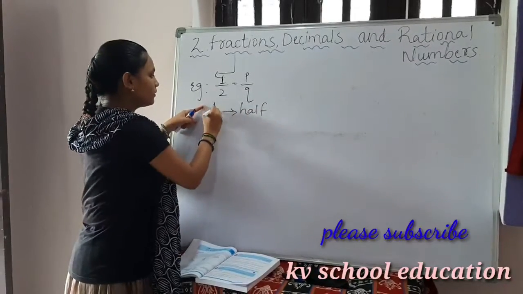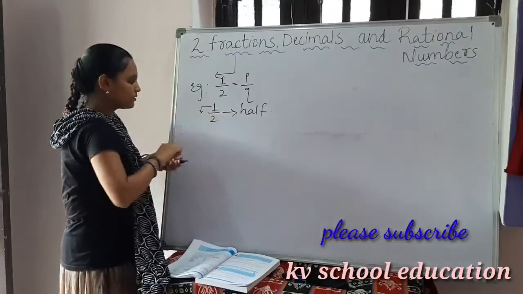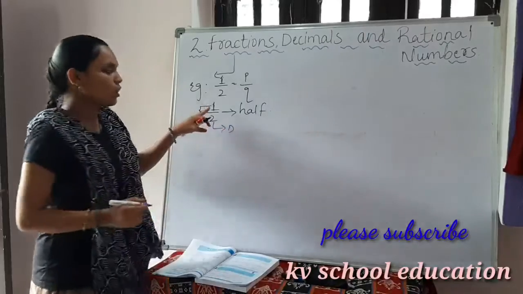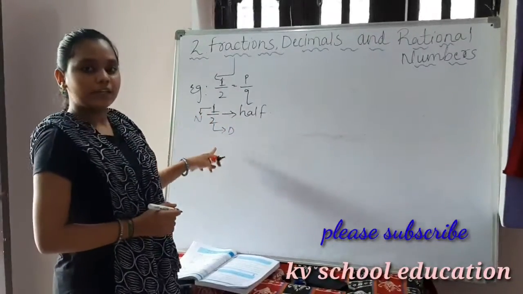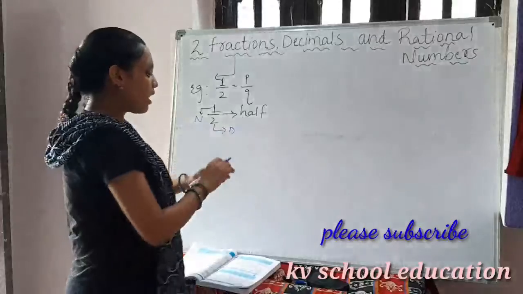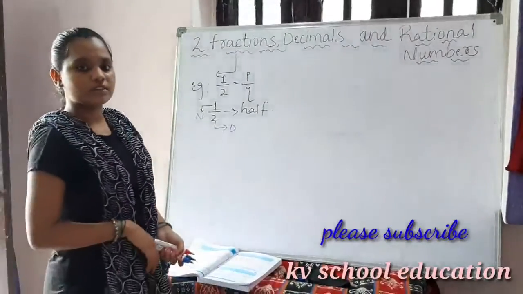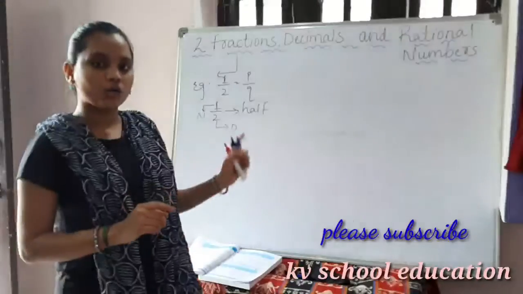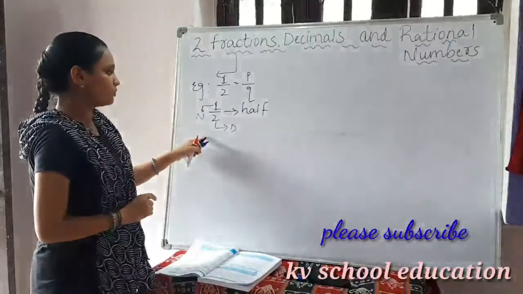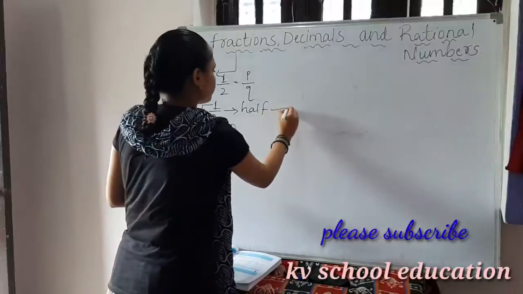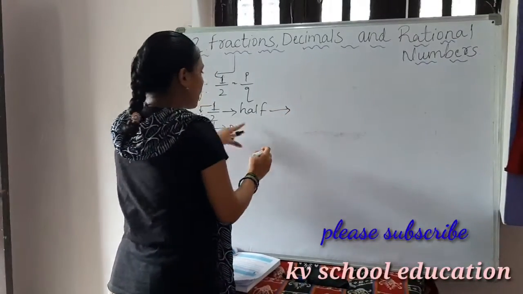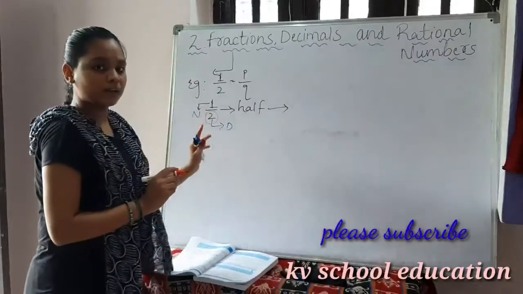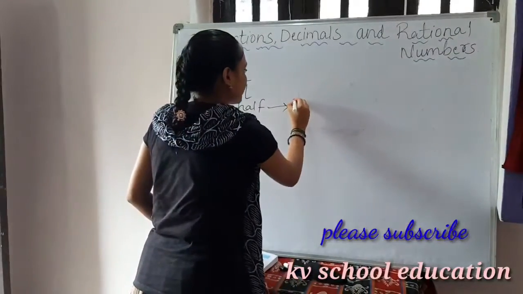Here, this is the numerator and this is the denominator. So 1 is the numerator and 2 is the denominator. So it is a half. In the examination they will ask you to show 1 by 2 as a shaded part. So how can we do it? Let us see. So here, half, 1 by 2. Here 2 should be the whole part. We'll take a rectangle.